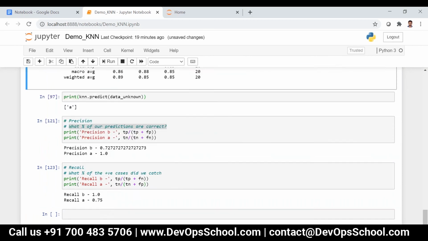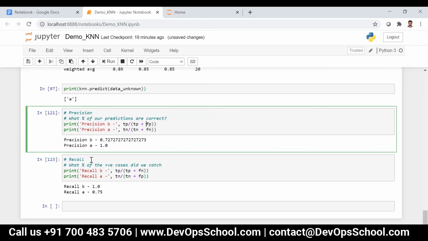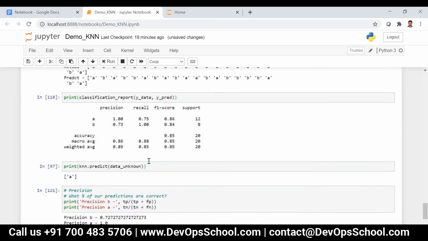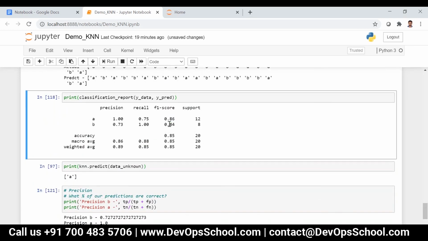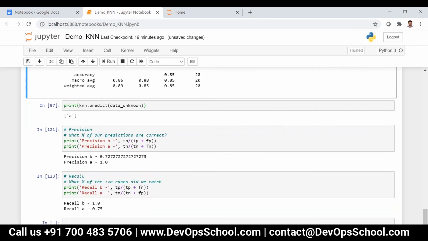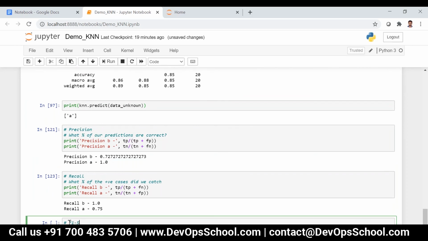And if you have the values for precision and recall, F1 score can be easily calculated, because the formula is 2 into recall into precision divided by recall plus precision. So what do you mean by F1 score?